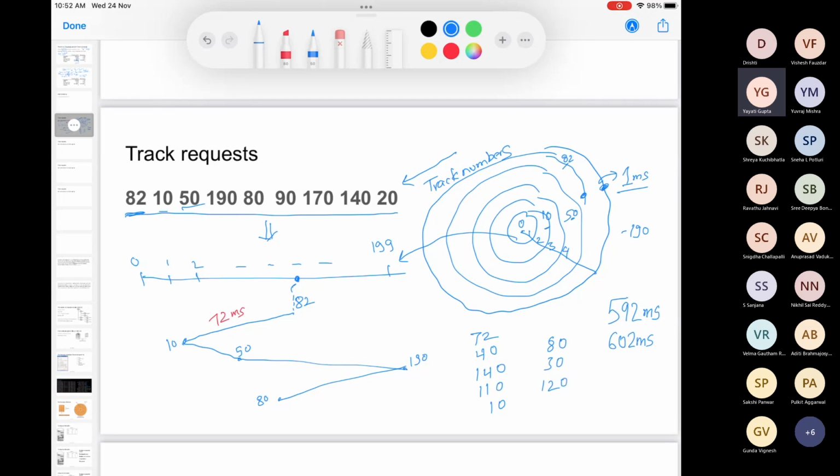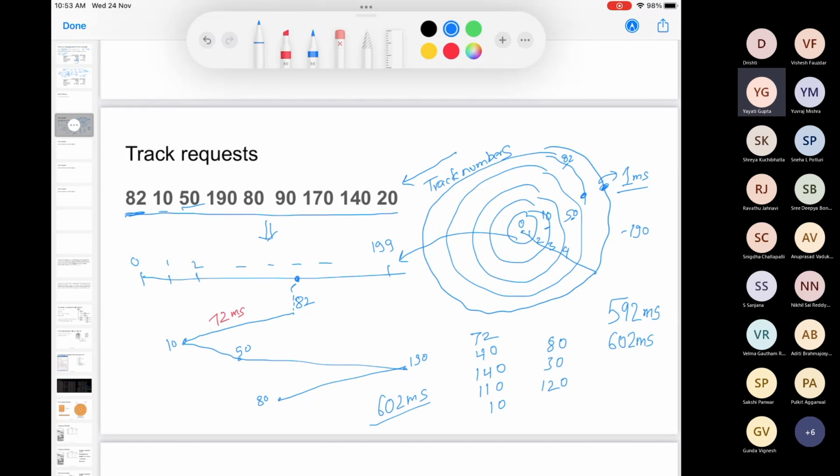Add all this. 110, 10, 80 and 30 is 110, 120, 602, right? Yeah. So this is 602 milliseconds in this particular case.